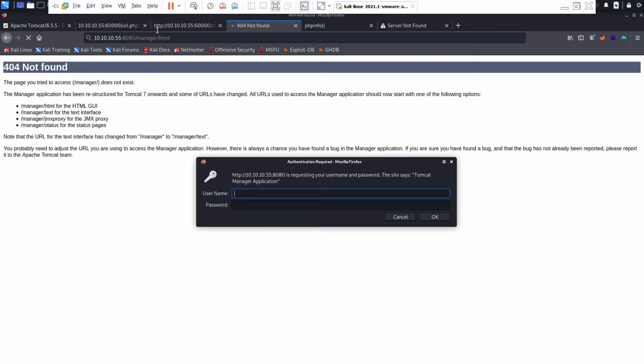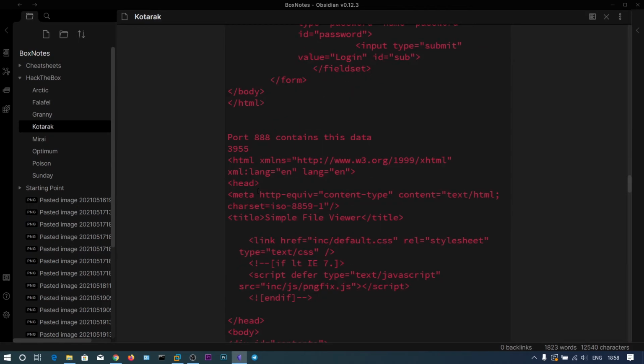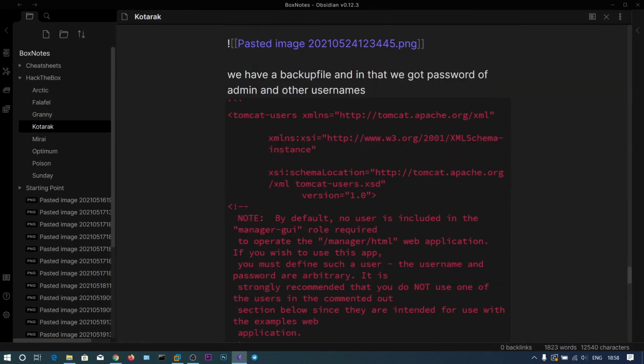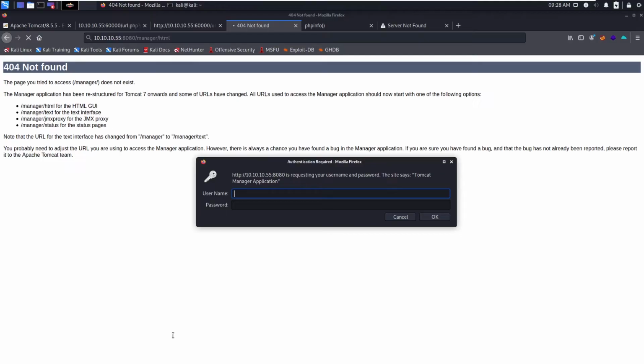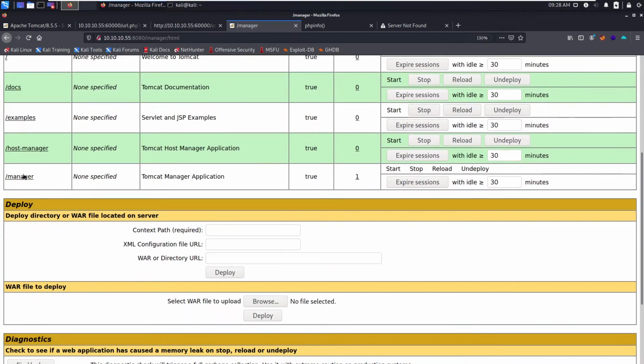Okay, paste the password. So admin and the password. So we got this page.